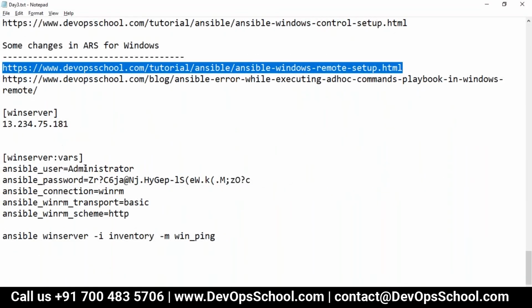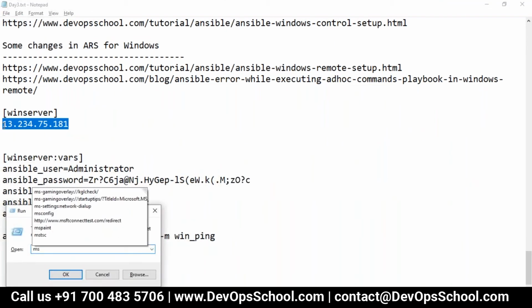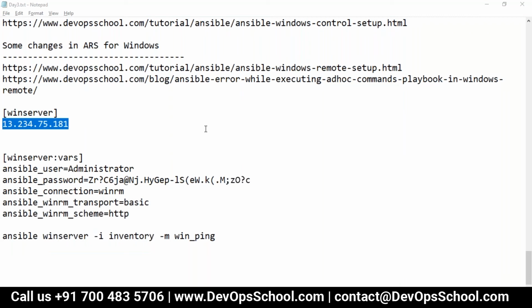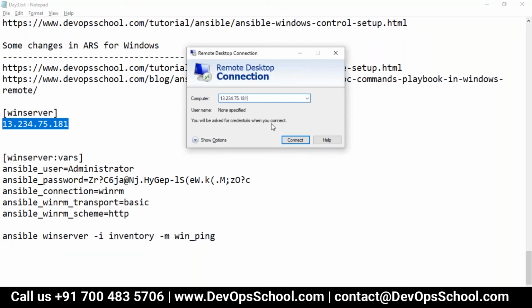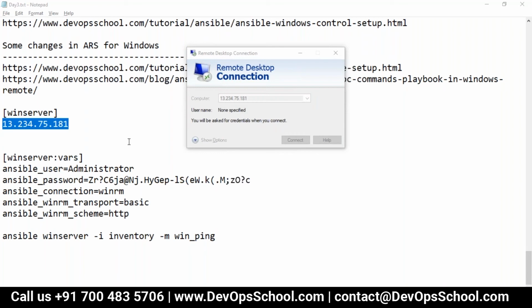So here I am going to mstsc and log into this machine. Connect. I'm connecting.